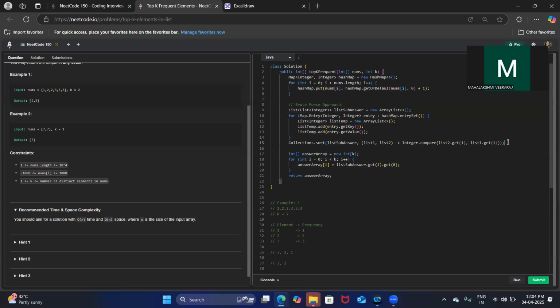This part is taking n log n time complexity, which is not a recommended thing because we need linear time complexity, right?